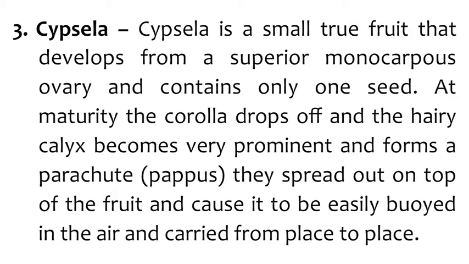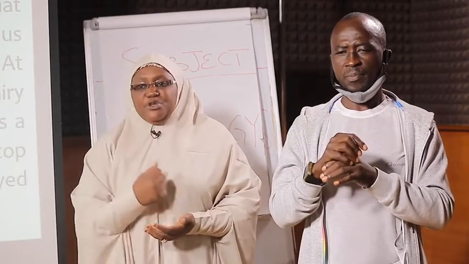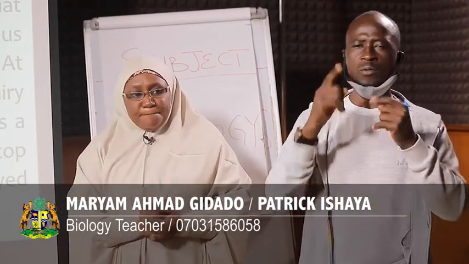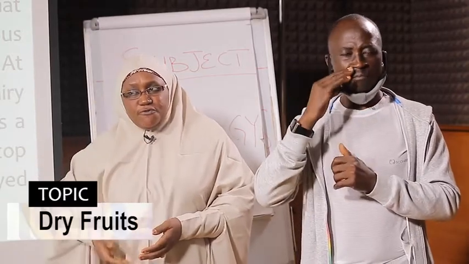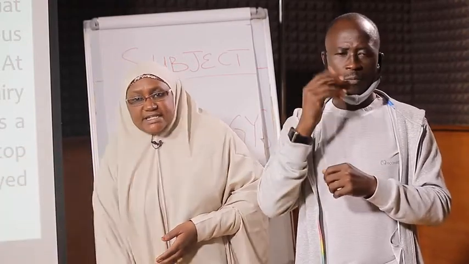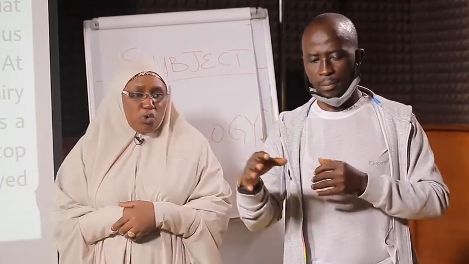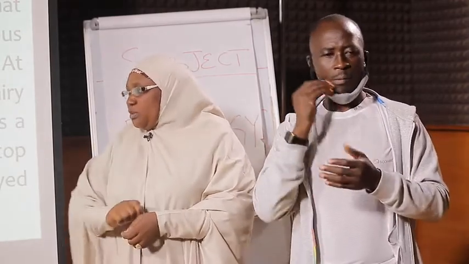Then the next one is cypsela. Cypsela is a small true fruit that develops from a superior monocarpellary ovary and contains only 1 seed. At maturity, the corolla drops off and the hairy calyx becomes prominent and forms a parachute. Cypsela, these are plants that are commonly found in villages. When you are going to the farm during the dry season, if you pass through them, when you reach home, you find some of them attached to your clothes. They have a hairy structure which can stick to your body or to your clothes. When you come home, you have to